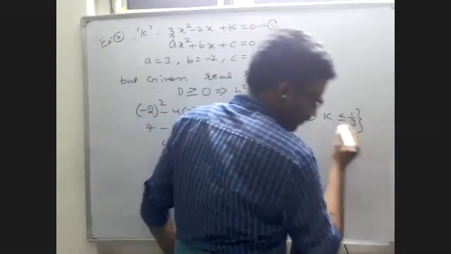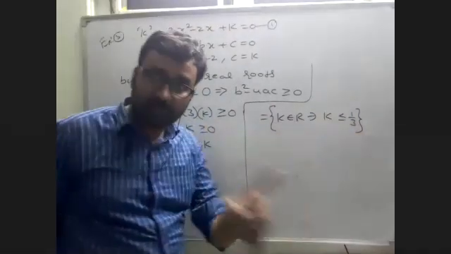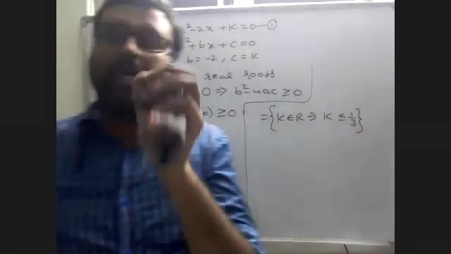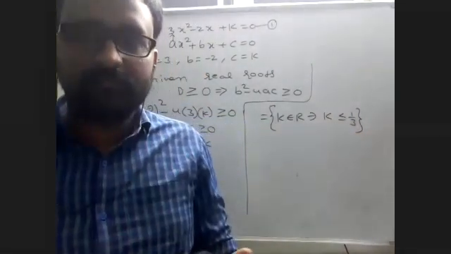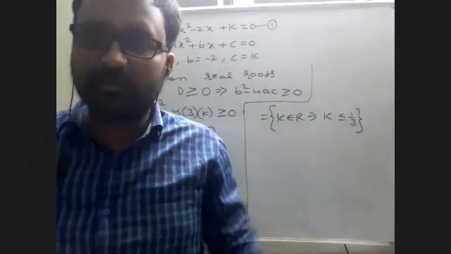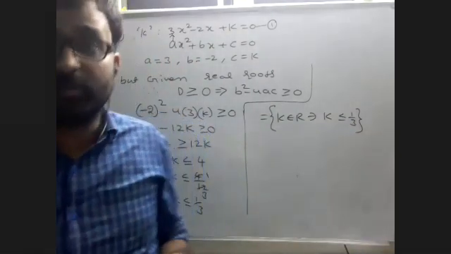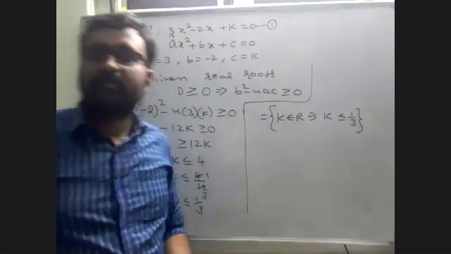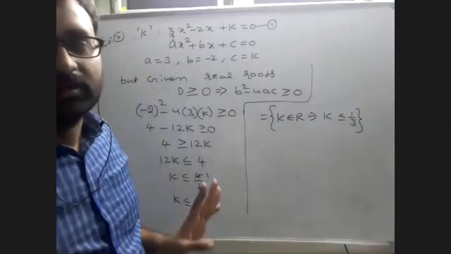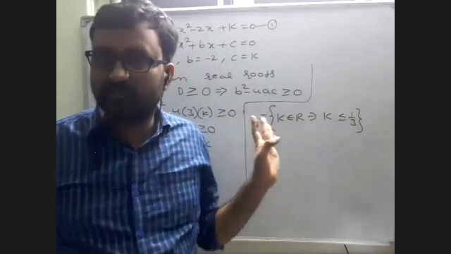Such that k is less than or equal to, yes, k belongs to real numbers. Always remember, every root should be real. That can be a fraction, decimal, negative, positive, 0, whatever it is, but it should be real numbers only for a quadratic equation. Imaginary is not possible. If you look at imaginary, there is no root for that quadratic equation.